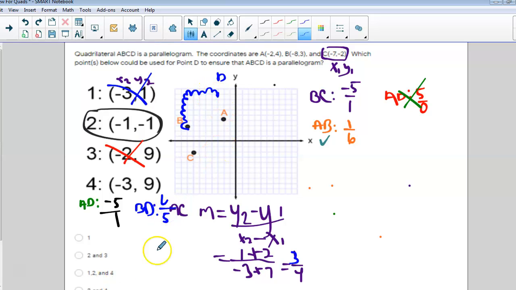Okay, so that makes it only number 2. So which would be your last one, just number 2. Okay, go ahead and give the next one a try and